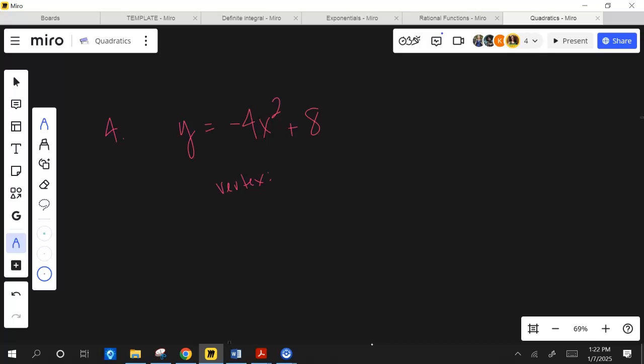It's down and skinny. That's exactly right. X is 0, so y is 8. So that tells me that my vertex